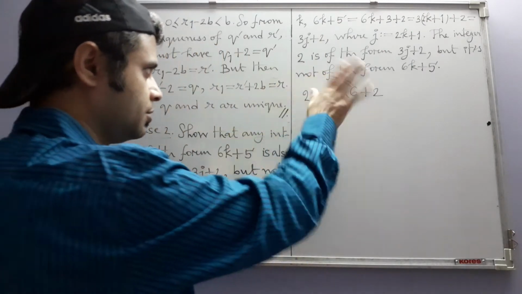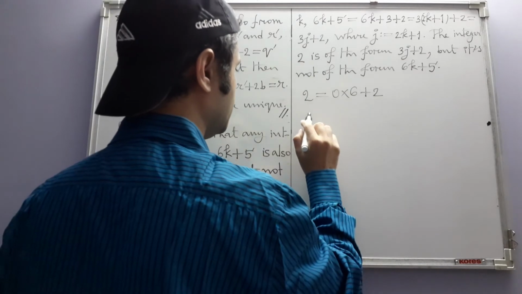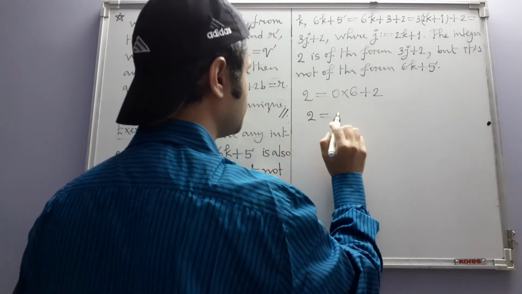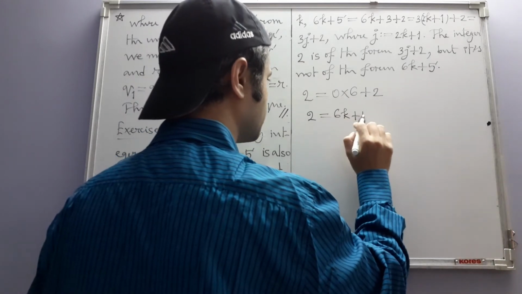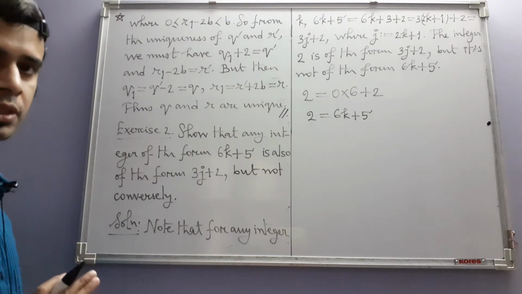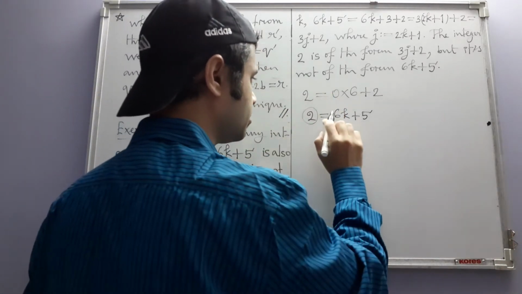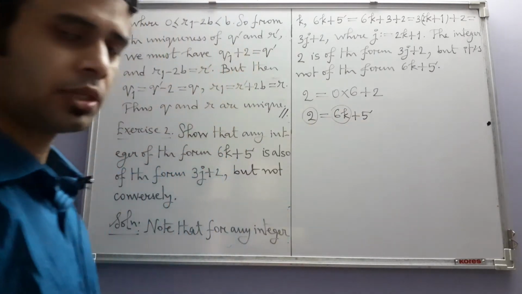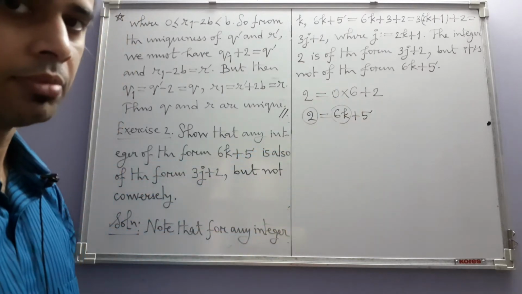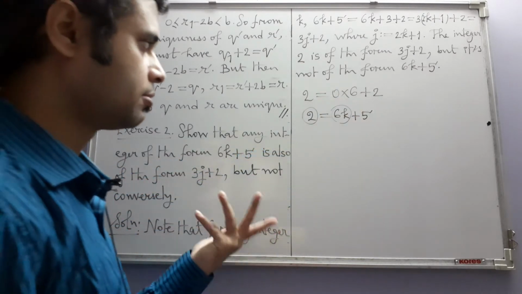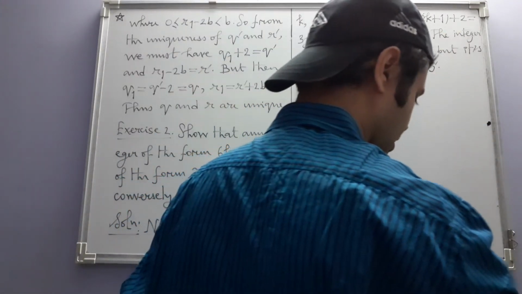That is one way of arguing for this. Another way is this: if you forcefully suppose that no, there is actually an integer k for which you have this, then since the left hand side is divisible by 2 and the first term in the sum on the right hand side is divisible by 2, 5 should also be divisible by 2, which is not true. So your supposition is wrong. So we are just simply leaving it like this